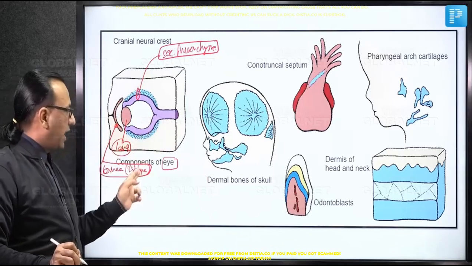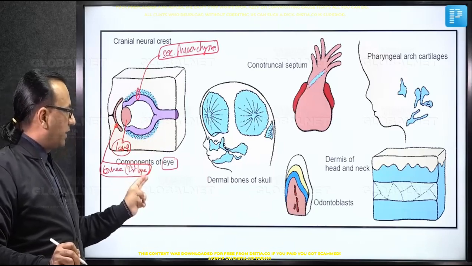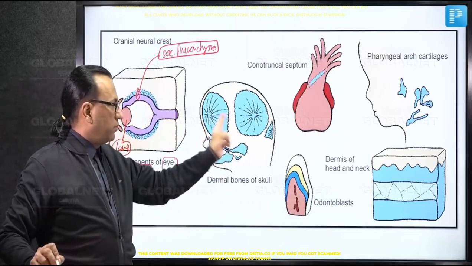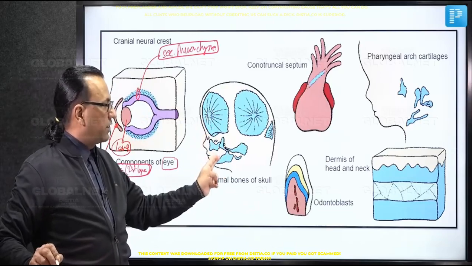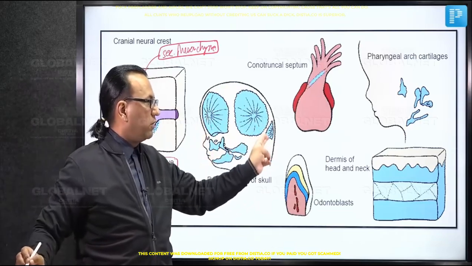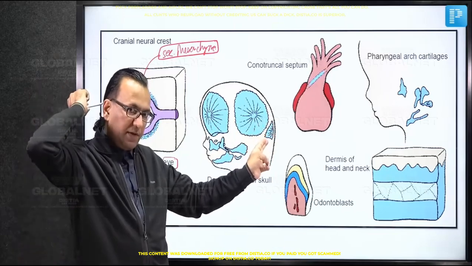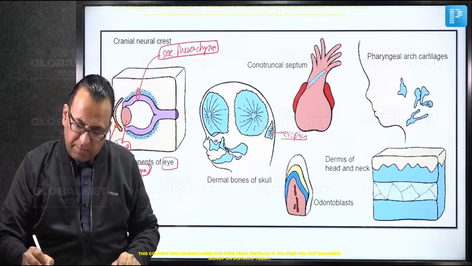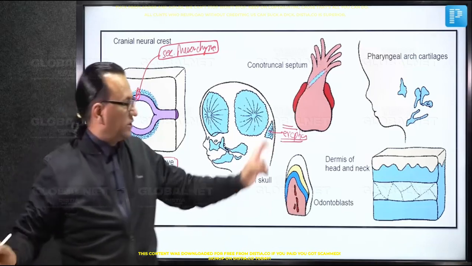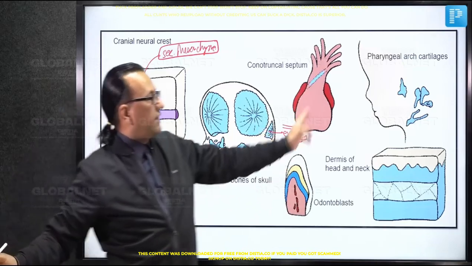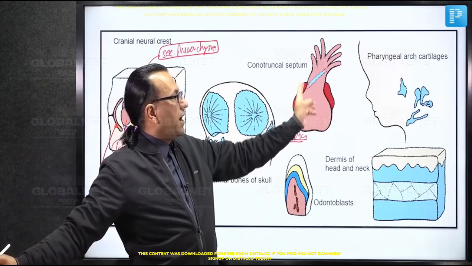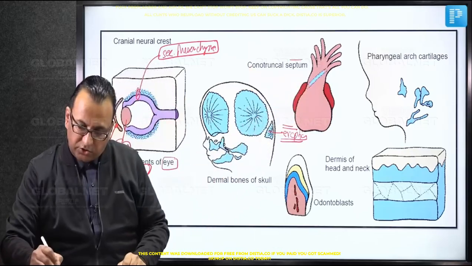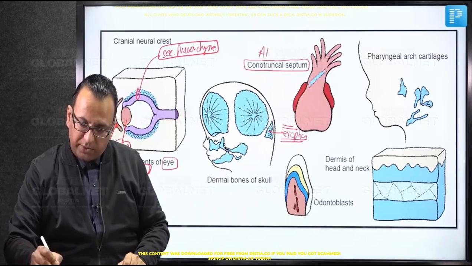We will see the developing eye in later discussions, but at the moment, the neural crest cells forming secondary mesenchyme contribute to most of the skull bones as well, like the facial skeleton, but not the posterior bones like the occipital bone, because the occipital bone is coming from primary mesoderm. So you can mention this is going to be an exception because it is coming from primary mesenchyme, not the secondary mesenchyme. The neural crest cells were migrating to the cardiac region, forming the aorticopulmonary septum, which is also called the conotruncal septum. We have mentioned in DiGeorge syndrome, there is a problem with the aorticopulmonary septum, leading to